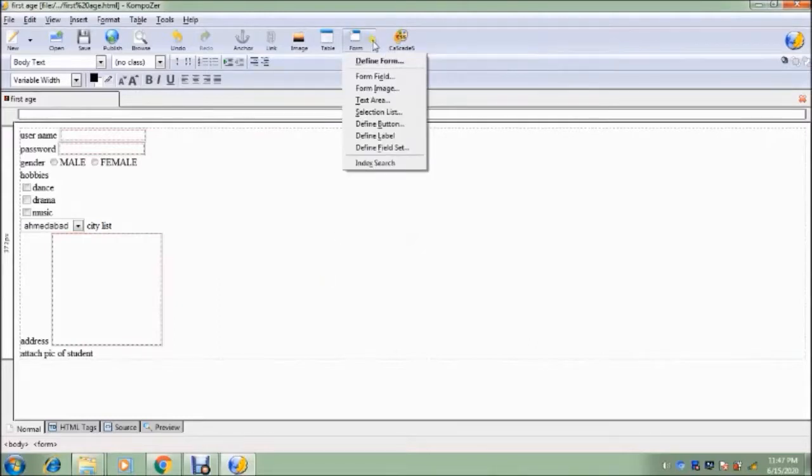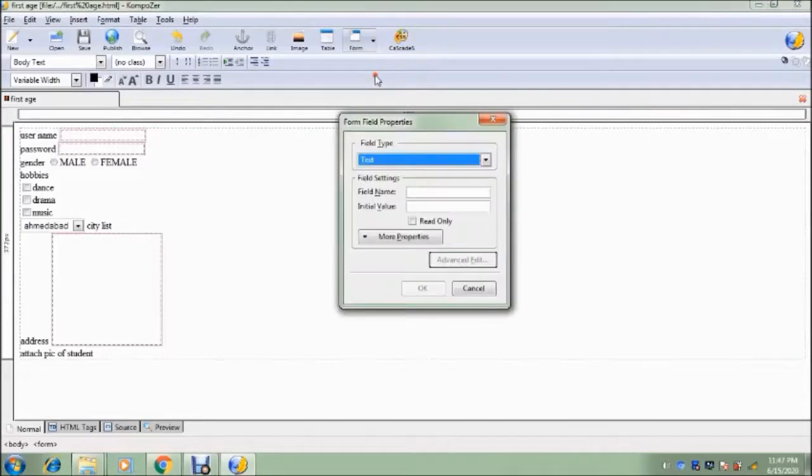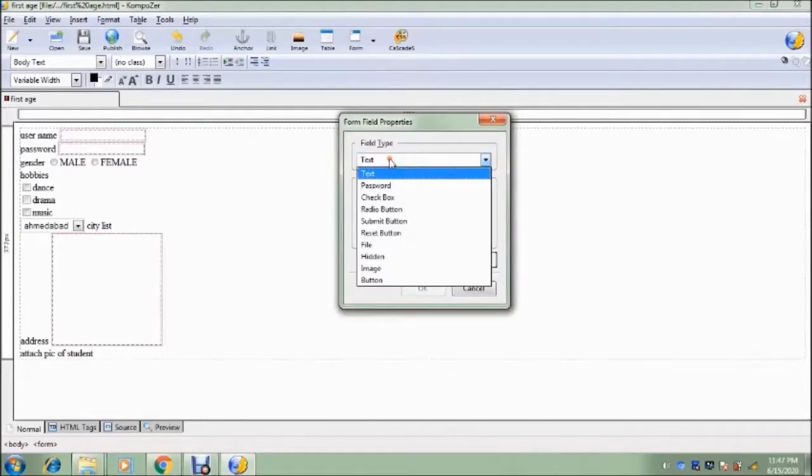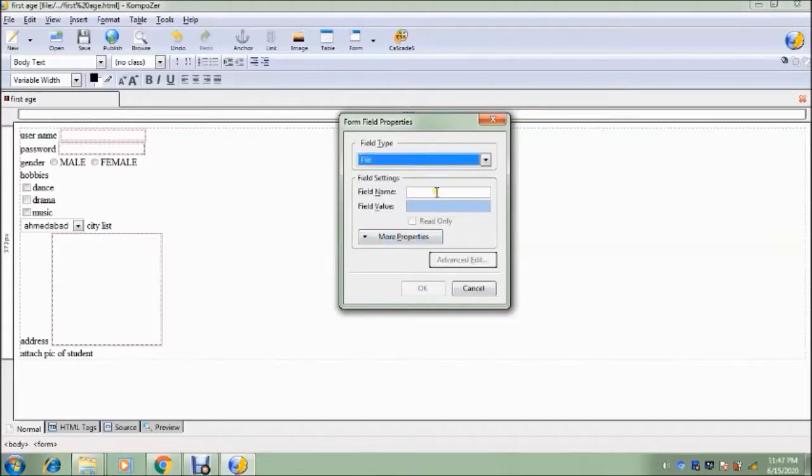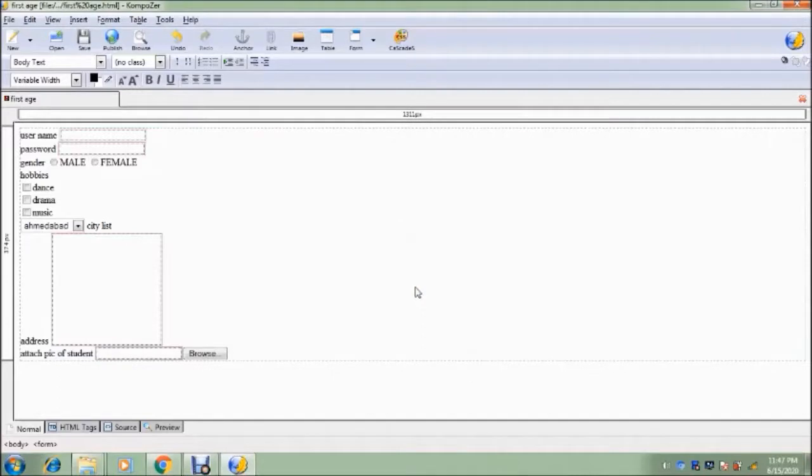For that again go to form field, instead of text select this file, and file name you can say pic or any name you can give. Click on OK. So here it will display the text box as well as the browse button.